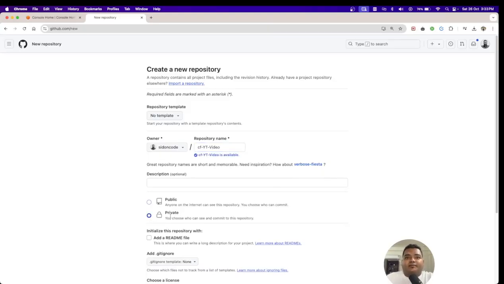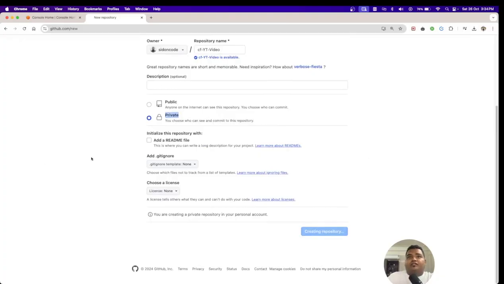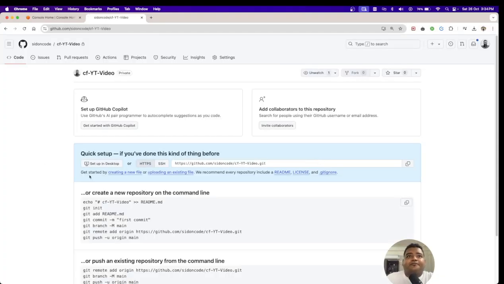And for sure, let's make it private because we are using the access key and the secret key within the AWS repository, right? So obviously, that's all. Click on create, and yeah. So what we will be doing here is that we obviously need two